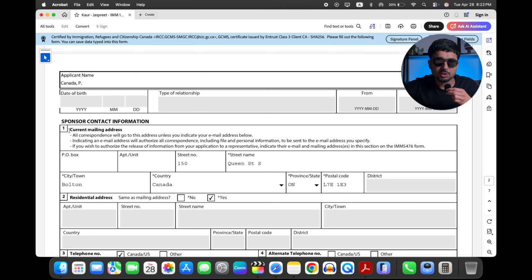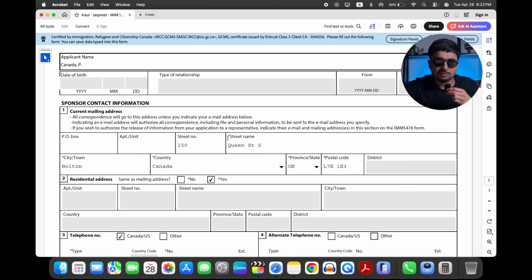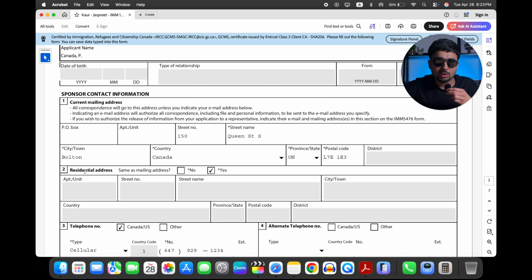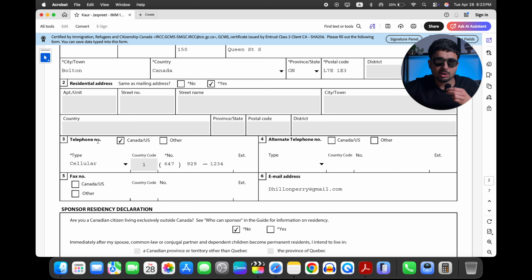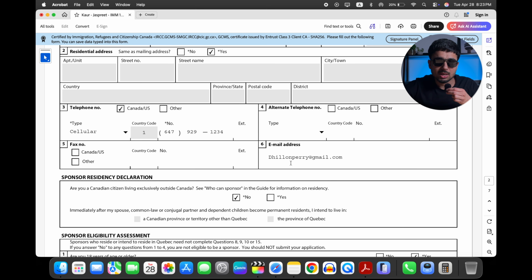Sponsor contact information. Number 1, current mailing address. Street number 150, street name Queen Street South. City Bolton, country Canada, province Ontario, postal code L7E 1E3. Number 2, residential address, same as mailing address, yes. If it's different, then enter the different address over here. Scroll down. Number 3, telephone number, choose Canada, US, type cellular, country code 1 and the number. Number 6, email address,